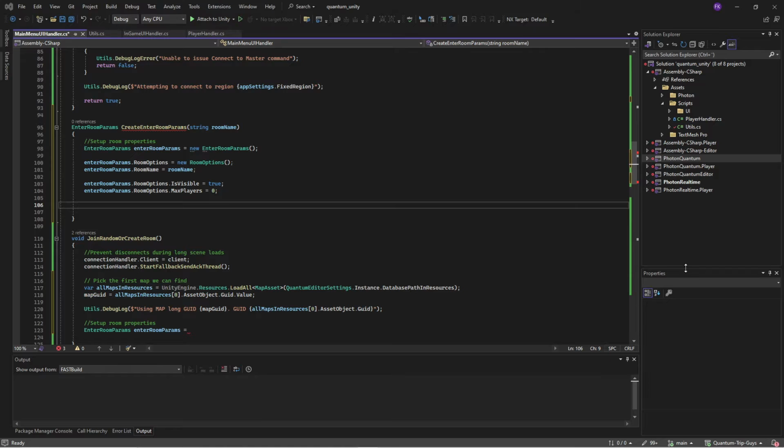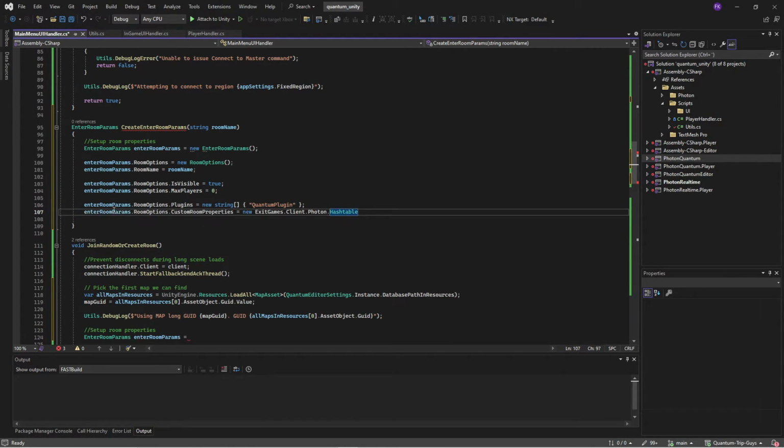Then we need to explain what's our plugin that we're going to use, and we are going to use the Quantum plugin. We don't have a custom one. And after that we have some custom properties that we want to set, and we are going to do room options custom room properties is equal to new exit game client